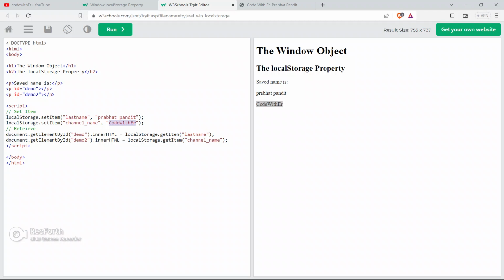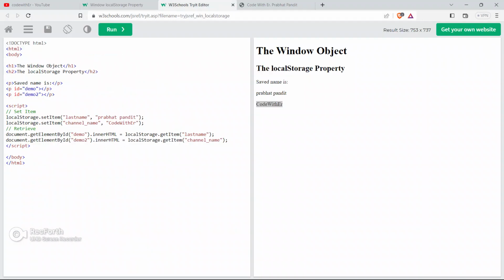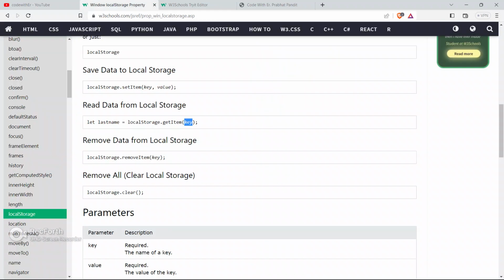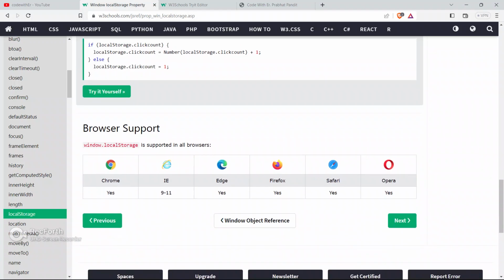Here I am getting data from the local storage using localStorage.getItem, providing the key name channelName, and we will get the value Code with ER. I hope you have understood what I explained here.